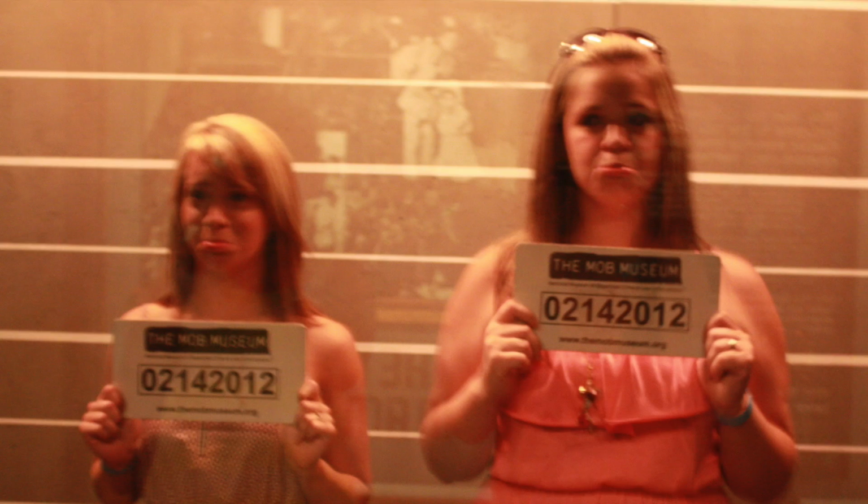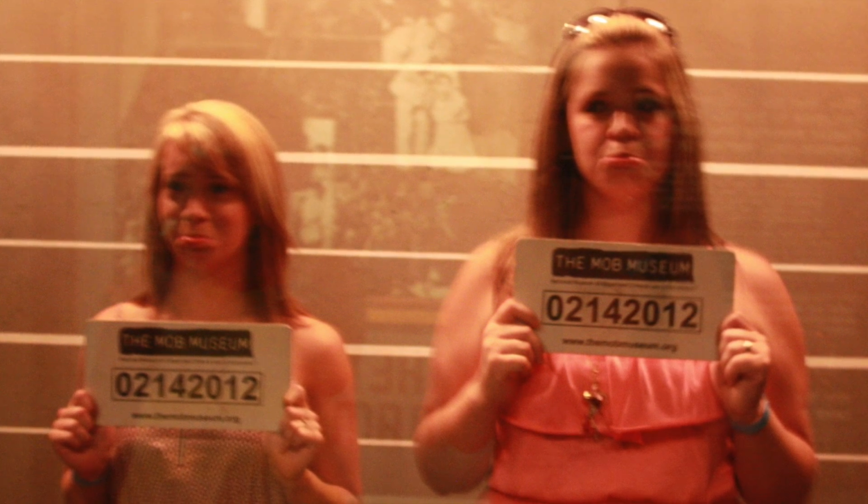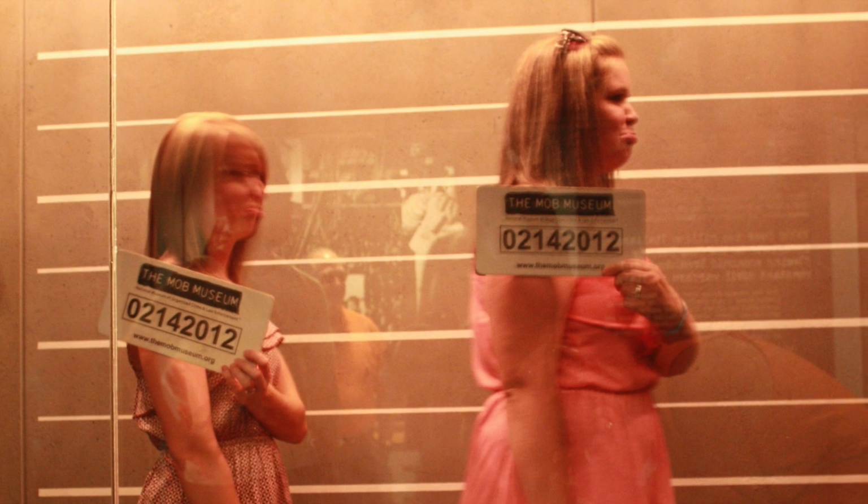One attraction we did not want to miss was checking out the Mob Museum. This city was built on organized crime, murder, and illicit activity. Entering the museum, we had the opportunity to stand behind glass and get our pictures taken. Not the kind you send to grandma, but the kind you might see on a rap sheet. This was a fun way to truly immerse yourself in the history of crime that surrounds the very city of